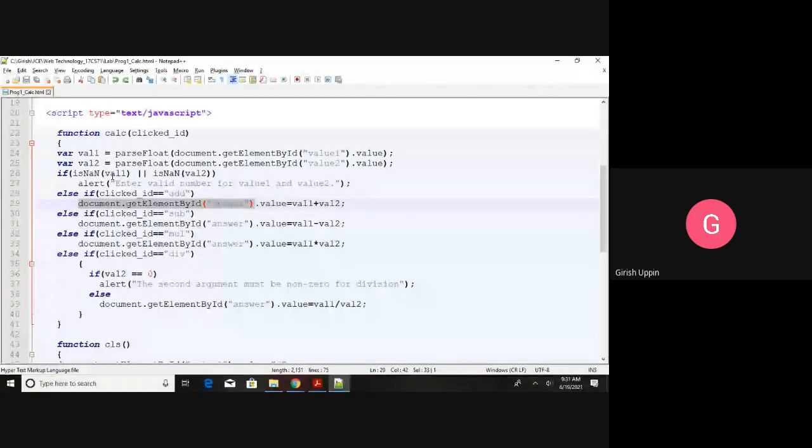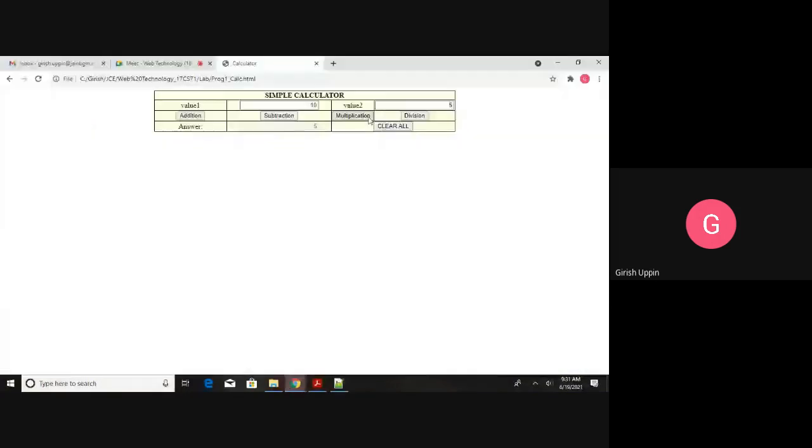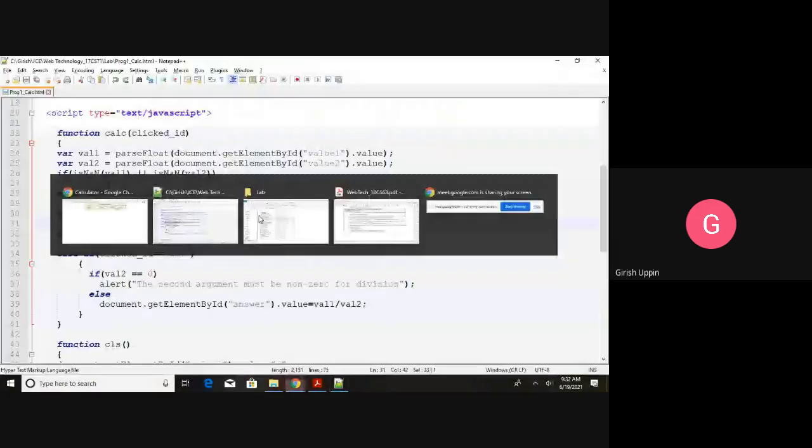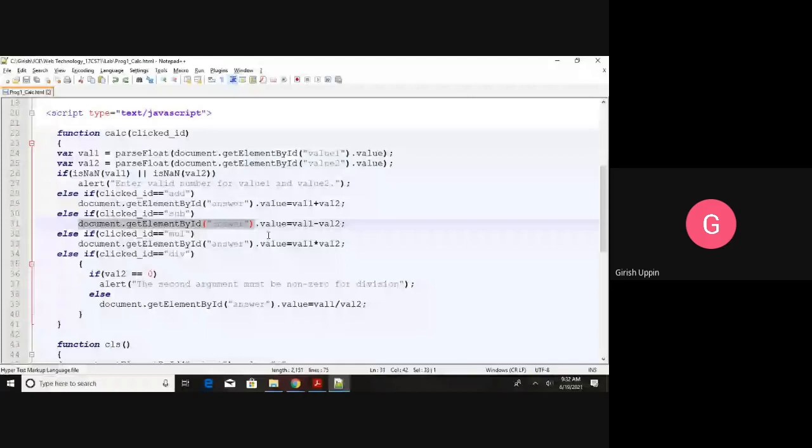This condition becomes false. It will come to the else. Clicked id is add? No, clicked id is not add. Again false. It will check the next: if clicked id is sub. Yes, clicked id is sub. Now what I will do, document dot getElementById, I get the answer. So I will get this object dot value, I will set val1 minus val2.